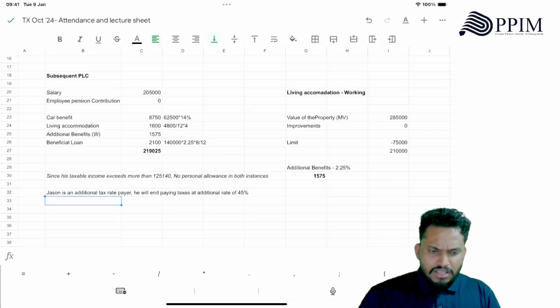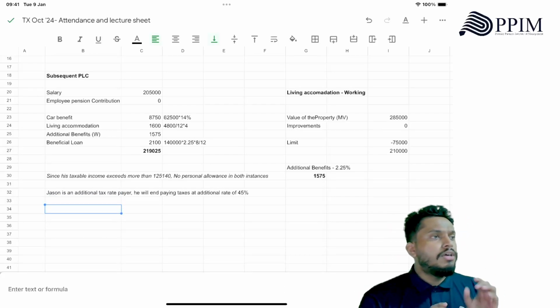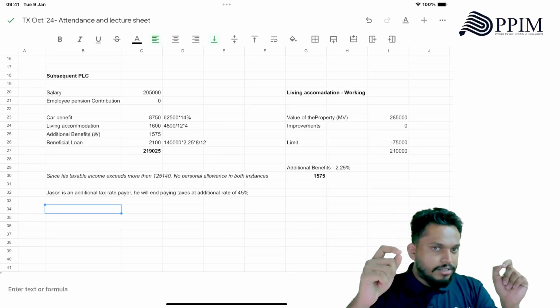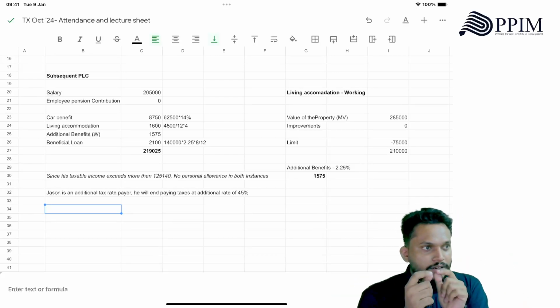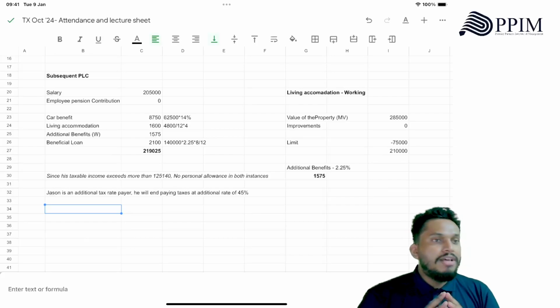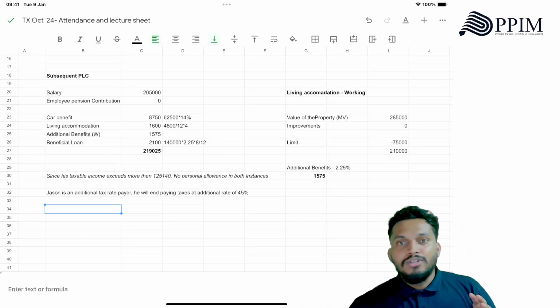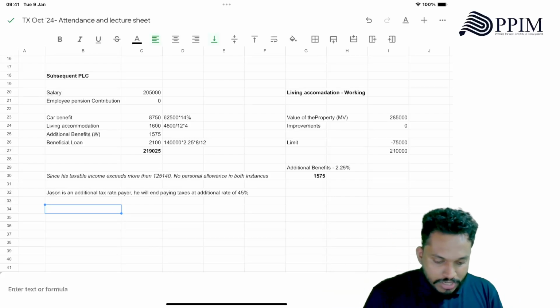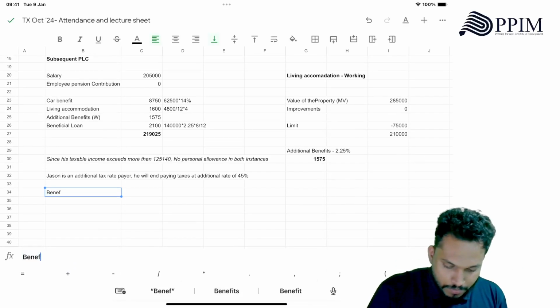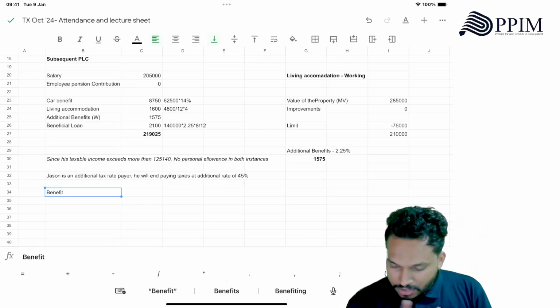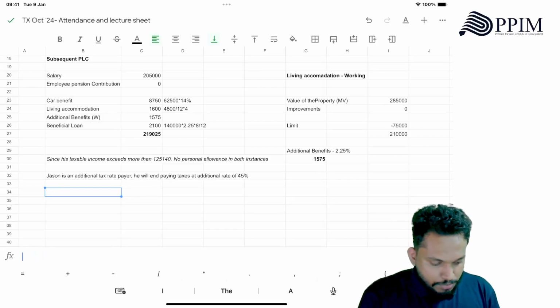So technically, don't waste your time. Okay, $1 to 37,700 is this much. You got it? That's the next mistake that you all make. Then from 37,701 to 125,140 is this much. No, the question is the benefit. The benefit is anyway exceeding 125,140, right? So obviously he will be charged at the higher rate. So what you can do to receive the benefit, or not the benefit, they're asking the additional tax rate, right? I would say the additional tax paid.